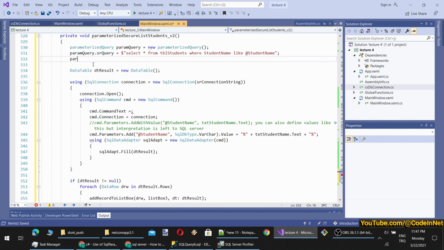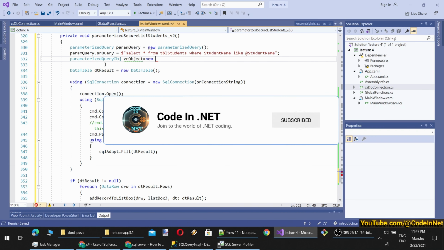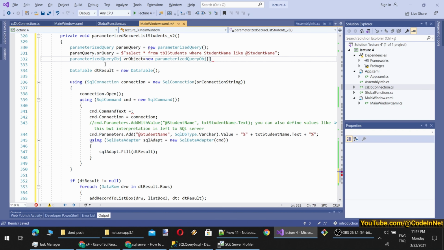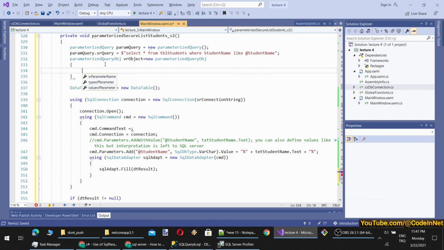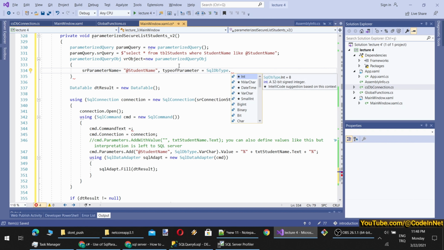Now let's compose the parameters query object equal to a new parameterized query object, and here we can define them like this. So the first will be parameter name equal to this one. Then type of parameter equal to, you see, IntelliSense is automatically filling the available or most probable options.